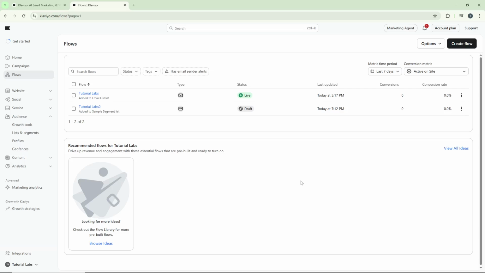And that's it. You've successfully changed a Klaviyo flow trigger by cloning the flow and assigning it a new trigger. This method allows you to quickly adapt your marketing automation to different customer behaviors without starting from